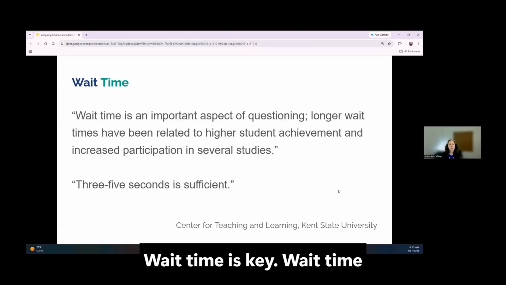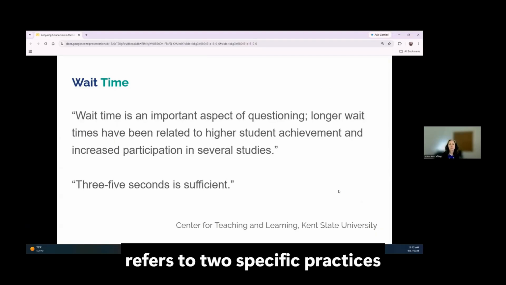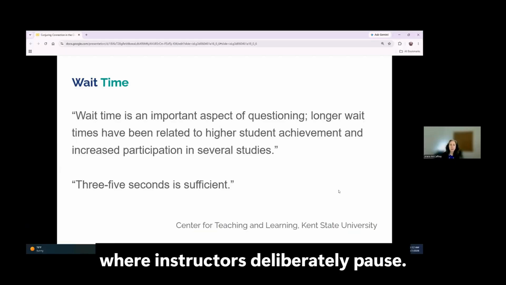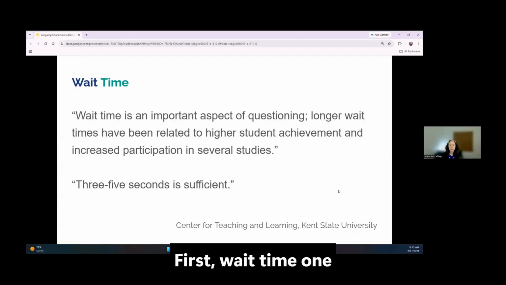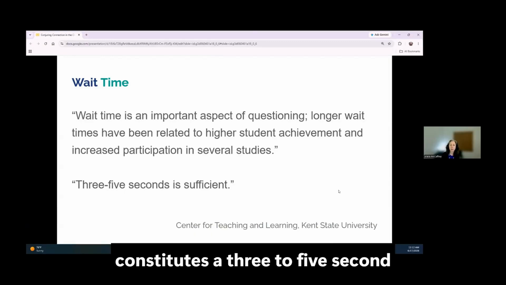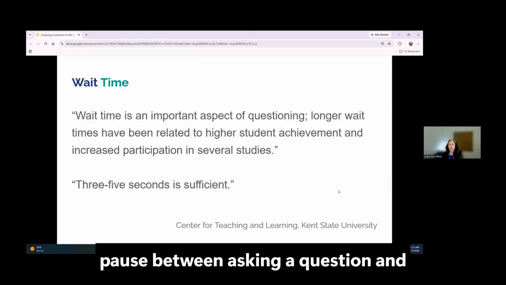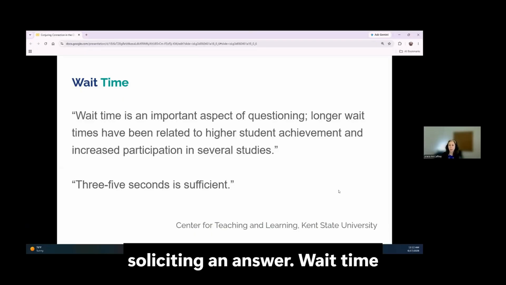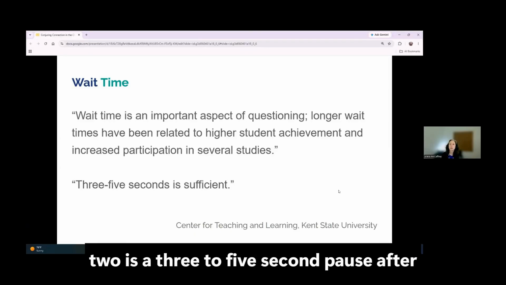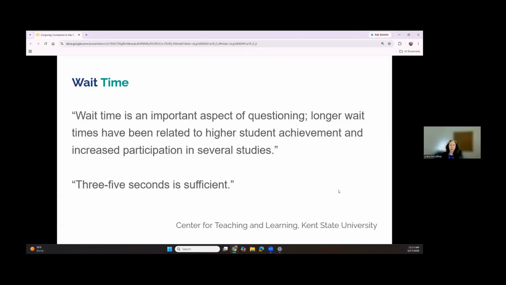Wait time is key. Wait time refers to two specific practices where instructors deliberately pause. First, wait time 1 constitutes a 3 to 5 second pause between asking a question and soliciting an answer. Wait time 2 is a 3 to 5 second pause after a student response.